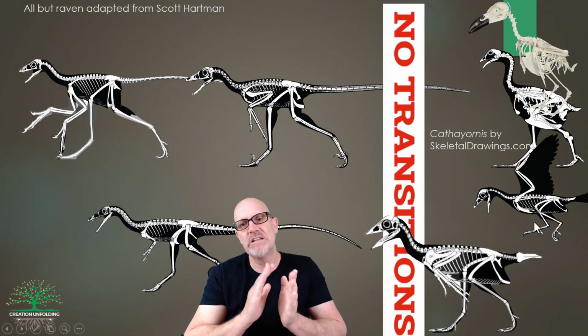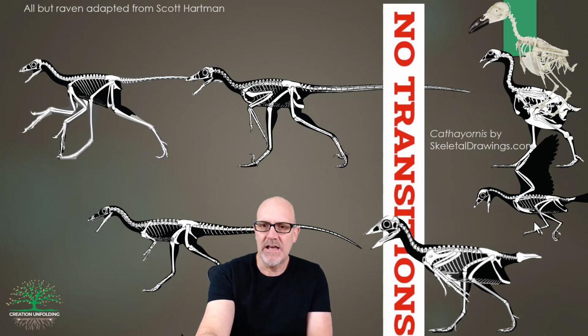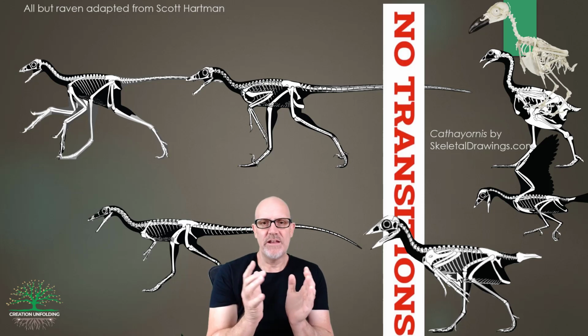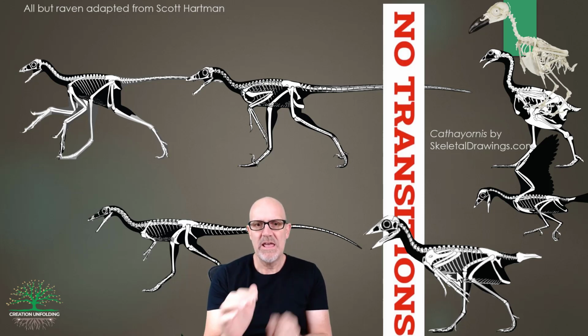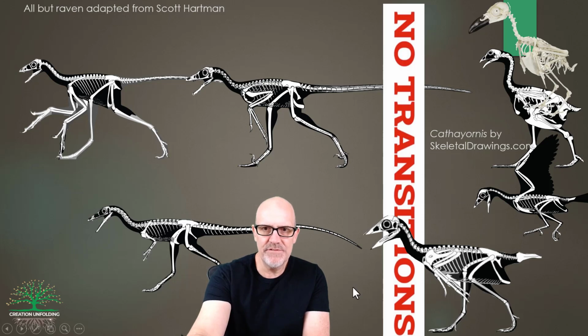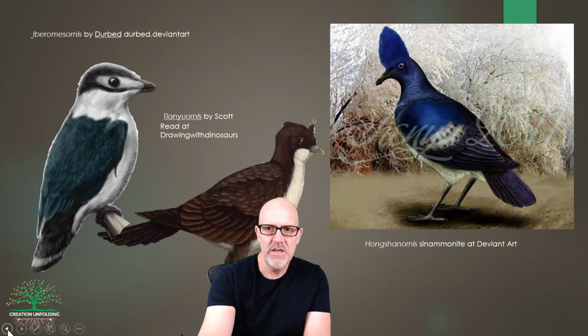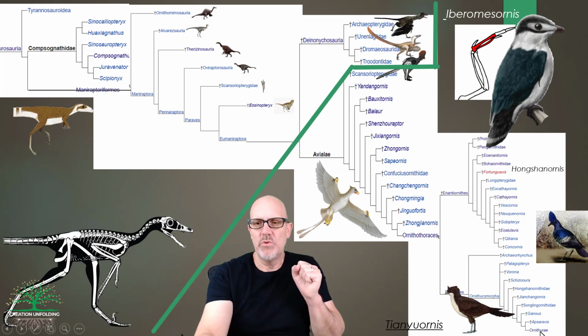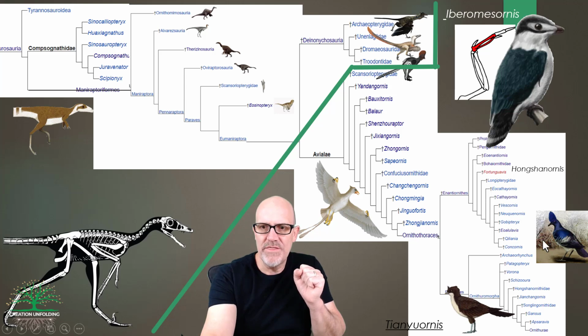They belong strictly to the right, unlike our avialan, Confuciusornis here, that skeleton, which you can see why it would be leaning more over to the left and closer to the theropod dinosaurs. But as I said earlier, there is definitely a distinction between all of these and all of these over here, and I think that's important. But one other thing that I wanted to emphasize. So Ornithuromorpha, that's what these two birds here are, ornithuromorphs.